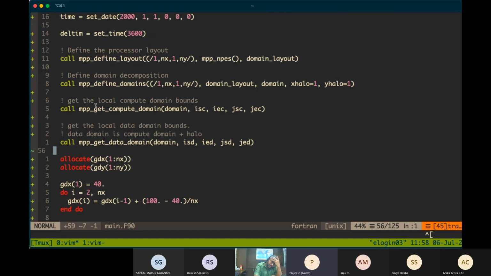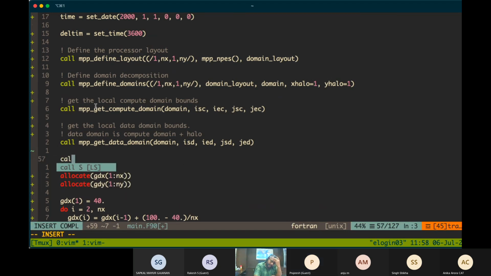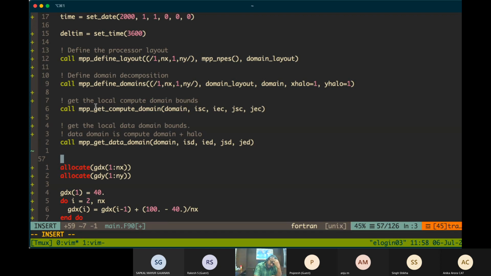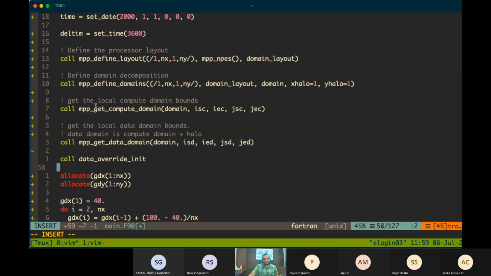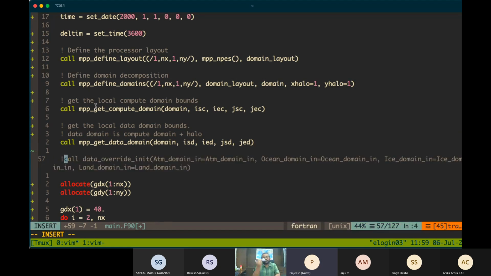I'll call it here: call data override init. This is the full syntax for the data override init call.